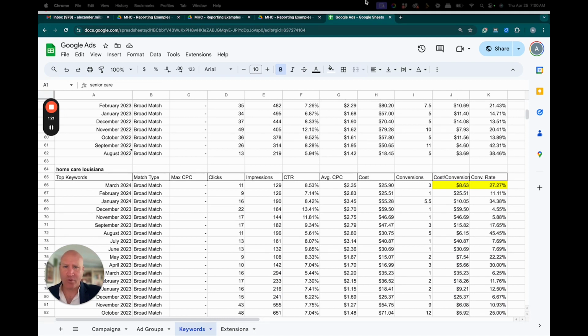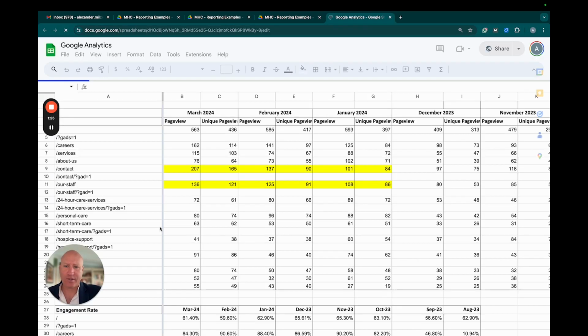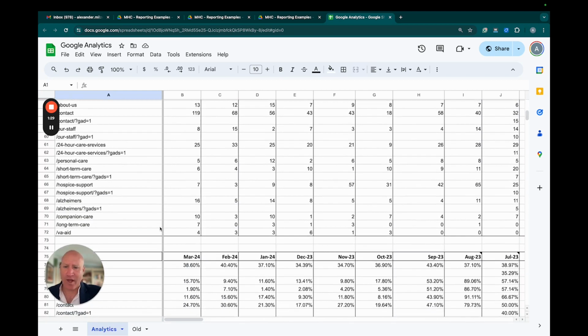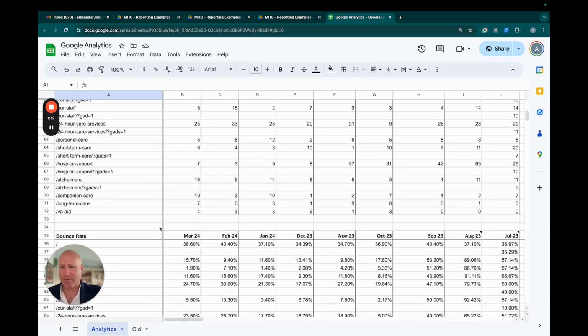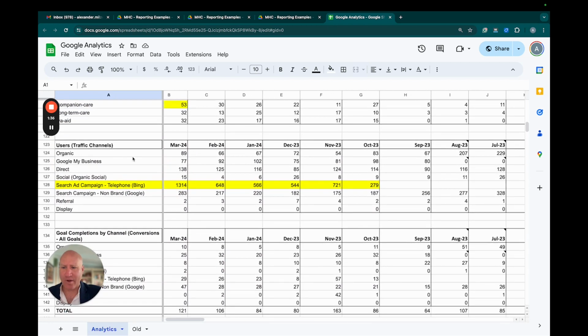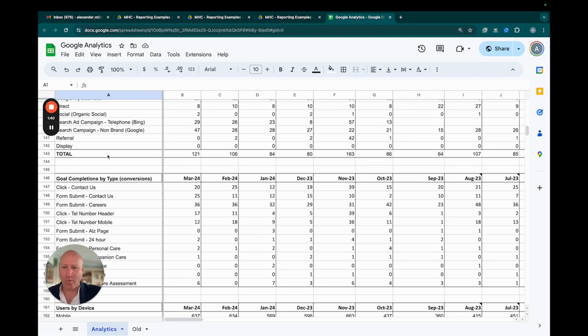So let me just scoot back over here. I'll give you one more example. Here's Google Analytics. So in Google Analytics, you can see all the pages are being tracked for their bounce rate, for their views, for their conversions. You can see conversions are being tracked by channel, by type. So how many people filled out a form, where are those form conversions coming from, how many people call a telephone number,